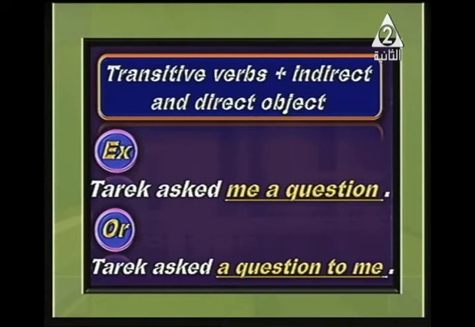Or Tariq asked a question to me. So we have two ways to put the direct and indirect objects together: either I say he asked me the question directly, or I say he asked the question to me. The first one has no preposition, no preposition "to." The second one has a preposition, which is "to." Tariq asked the question to me. Okay. Then